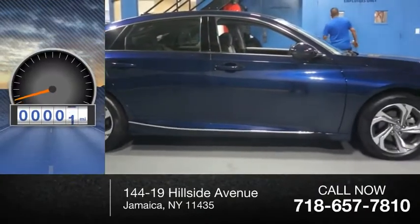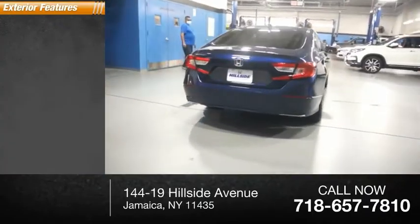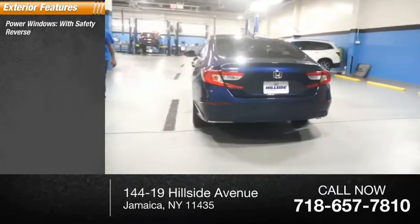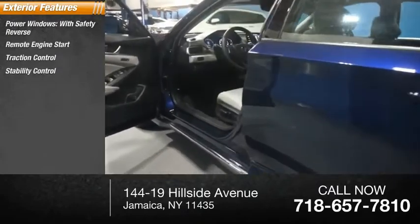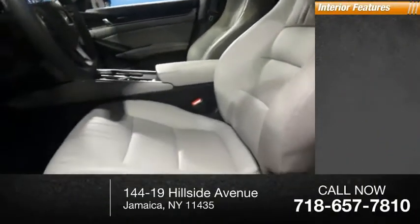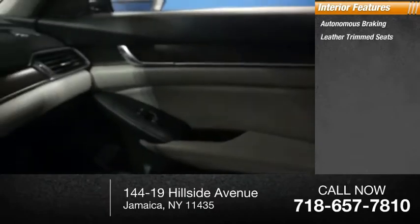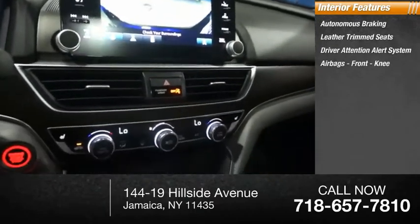This vehicle has less than 5,000 miles. Here are some of this vehicle's great options: power windows with safety reverse, remote engine start, traction control, stability control, braking assist, power brakes. Inside you'll find autonomous braking, leather trim seats, driver attention alert system, airbags, front knee, audio,